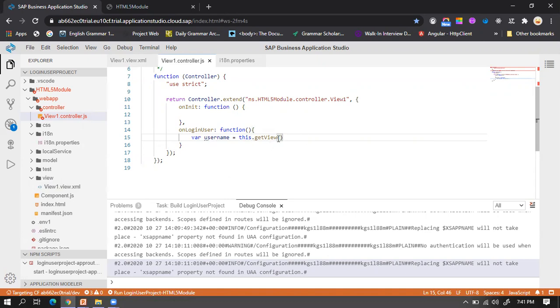On that, we have the method byId. We'll copy this, and this as a password.